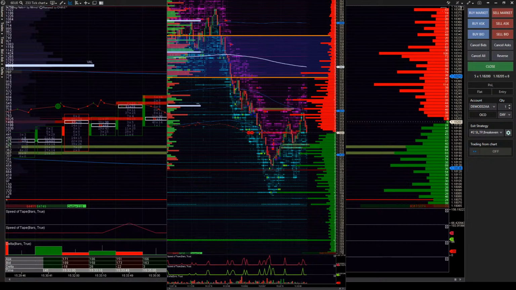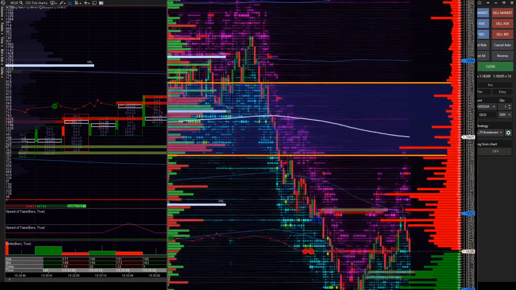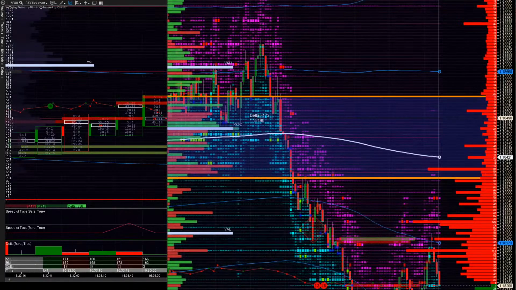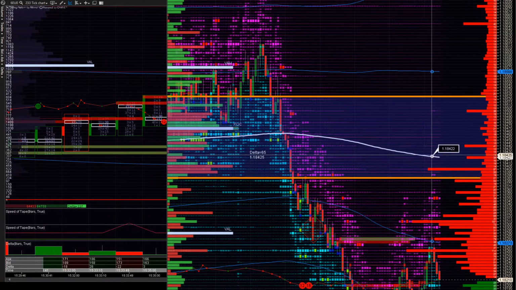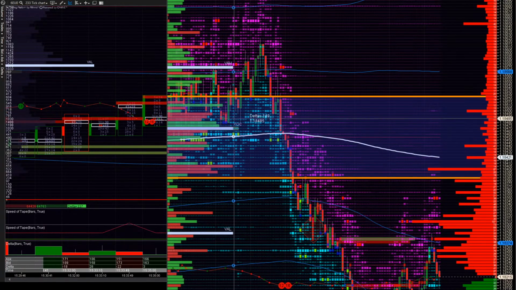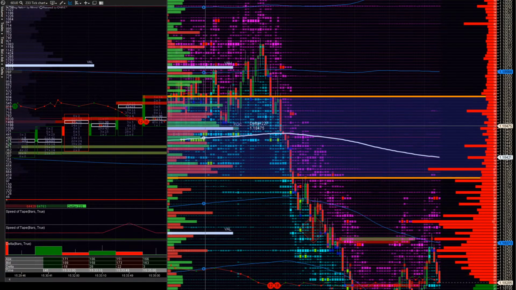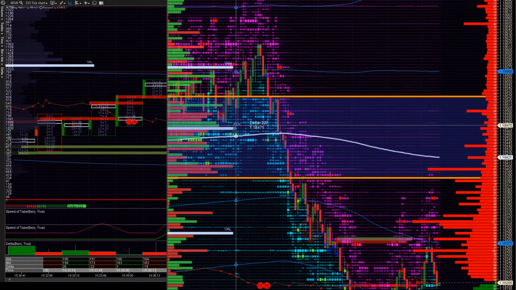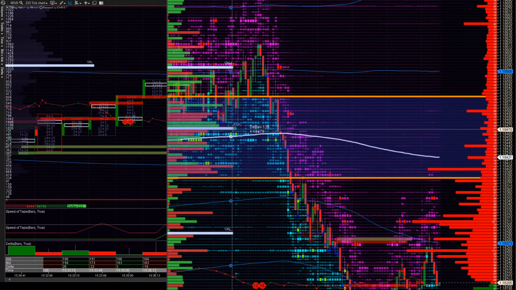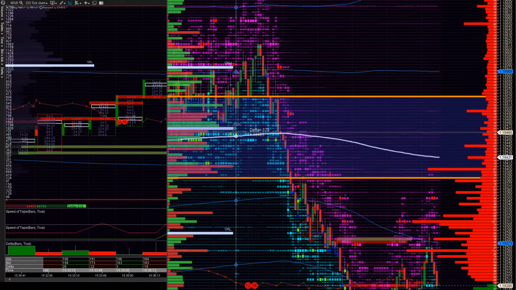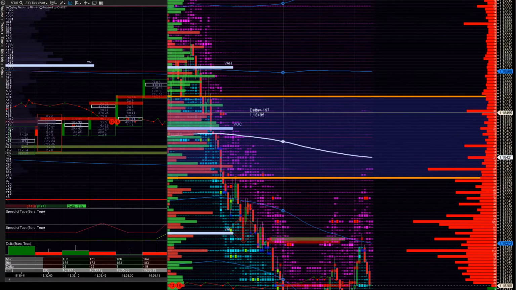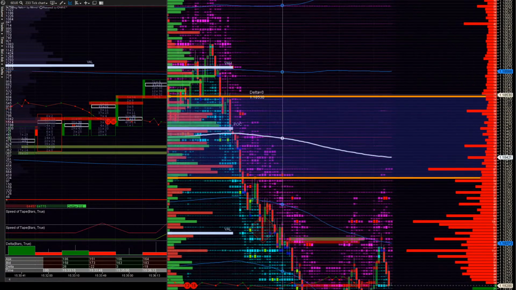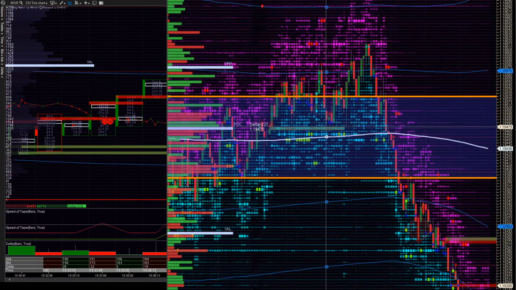Let me put this a little bit bigger so you can see what I mean. This white line is the VWAP, so it's a volume average. And the point of control is this white bar here that says POC, which is the most traded price of today. And we can see it is inside the volume area that we defined